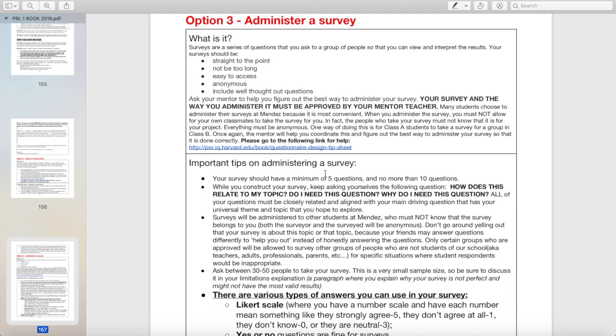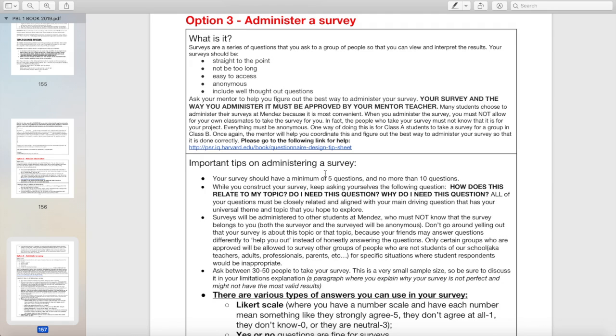I noticed that there was a group who wanted to learn about makeup. And so if they had given a survey, they wanted to know how makeup made people who wear makeup feel. So like, does it help you feel better about yourself? Does it affect your self-perception? So in choosing who to administer the survey to, would it make more sense to give the survey to everybody at ALA? Probably not, because a lot of people at ALA don't wear makeup,